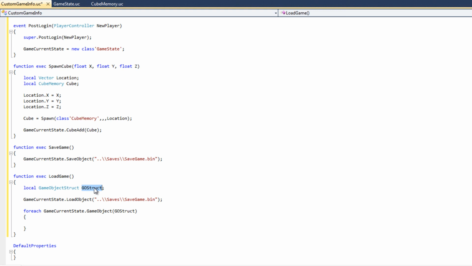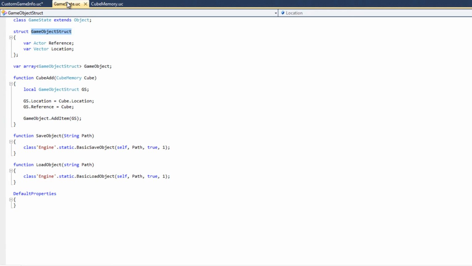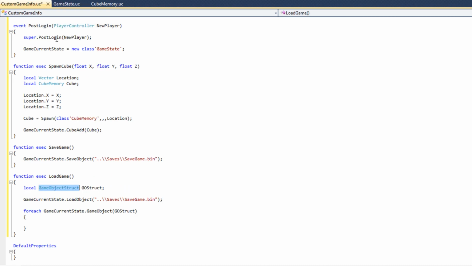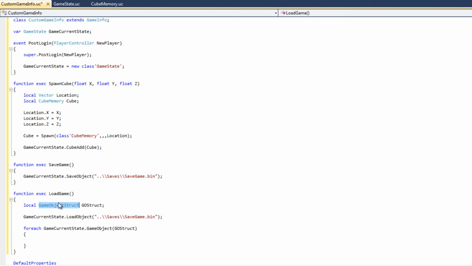But there is a problem with this code. And the problem in particular is that this game object struct that we declared in the game state file is not accessible to this game info class, which is a separate and independent class. The game info class does not know about this game object struct. We must tell it about this structure, and the way we can do that is by moving back to the